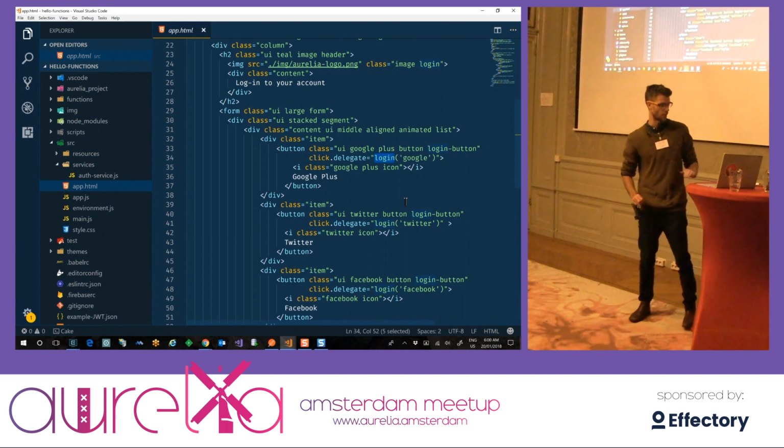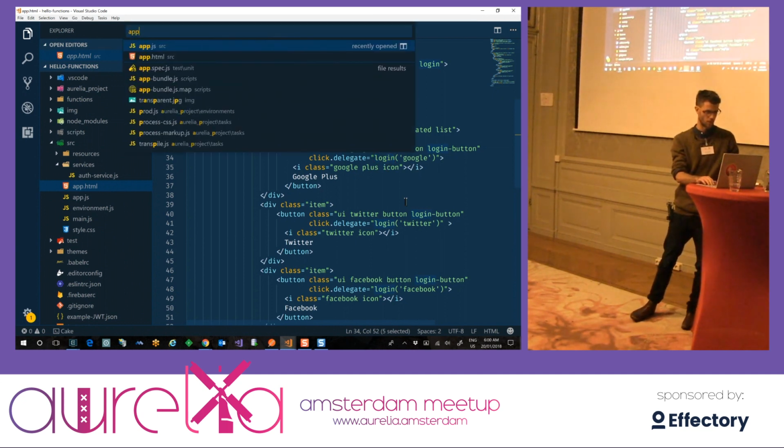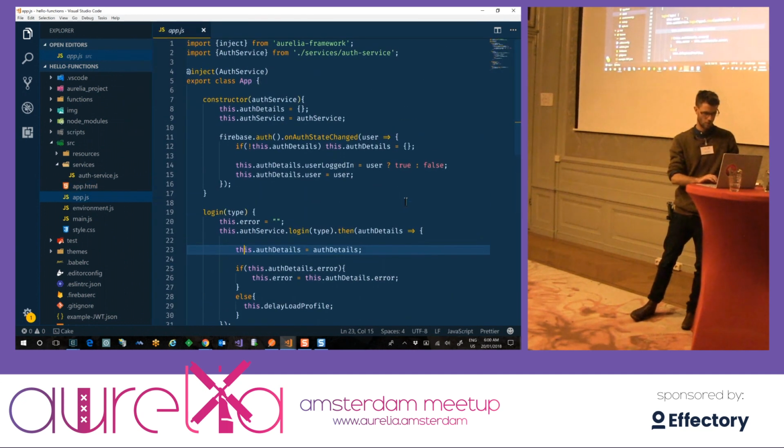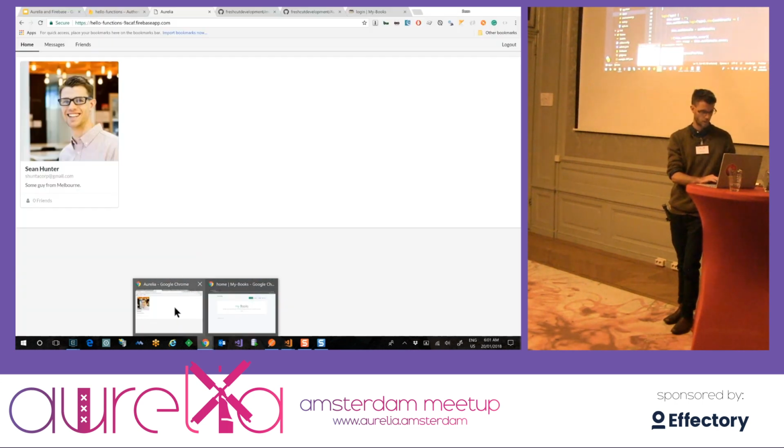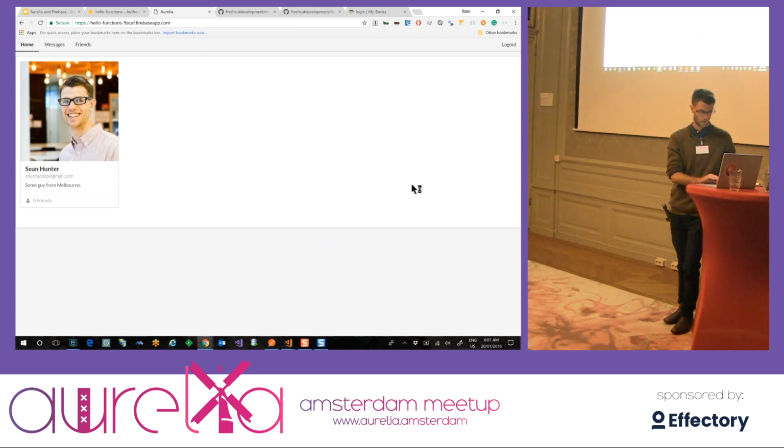Yeah, that's a good question actually, and that's something that I skipped over. So what happens when you refresh the page is the API actually fires an event. You get this on-state changed event, and when you get that event, it checks for the user. The way that it stores it between sessions is how it brings it back up in your Aurelia application. The way it actually handles that under the hood is if we do an inspect and go to the application,